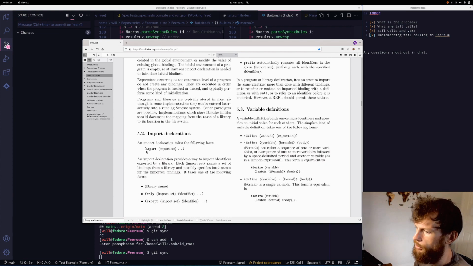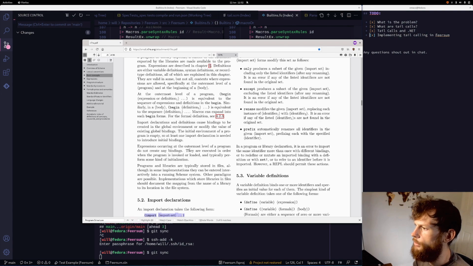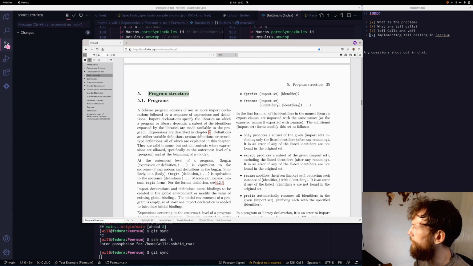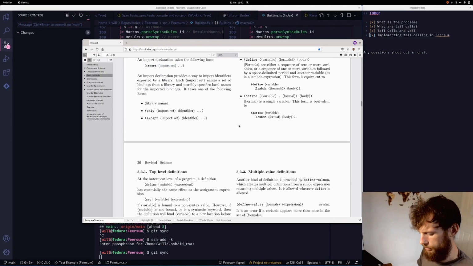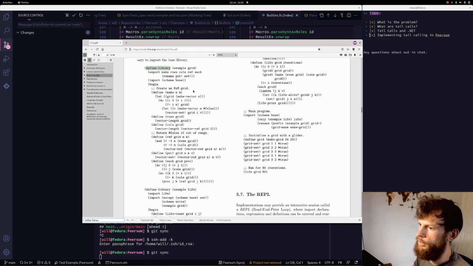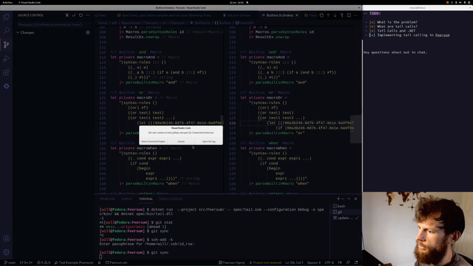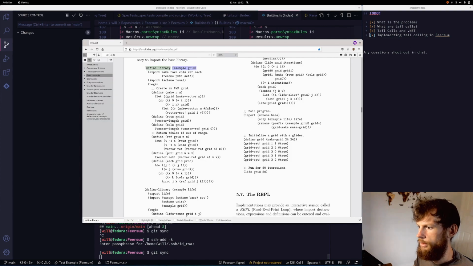So we don't yet support importing because we don't have any idea of namespaces and libraries. So we'd have to add support for that. So what do we compile a library to? How do we import stuff from them? And then we'd have to add support for the define library form. So that looks like define library. A define library is an example. This defines a library called example grid. It says what it imports, what it exports, and